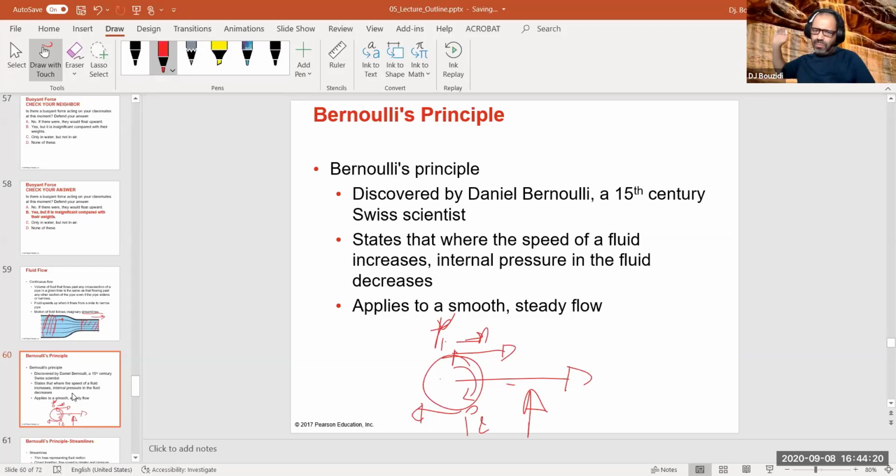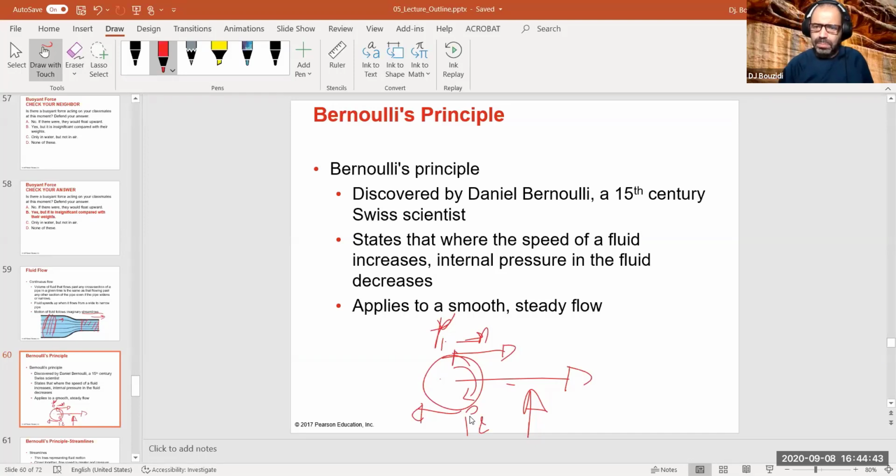And that's why the curveball sometimes will appear to move on the batter when he's trying to swing. And that's why curveballs are sometimes very hard to hit, because of this motion, because of the difference in pressure in this case. If it's spinning backwards, it's going to fall in the opposite direction. Again, where the speed of the fluid increases, the internal pressure decreases, so the pressure in this case is, actually, I'm sorry.